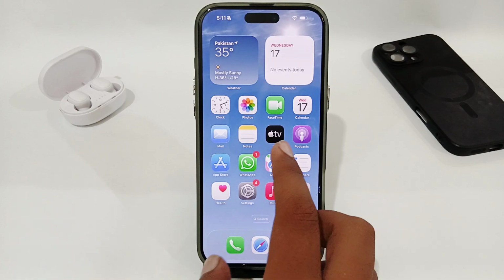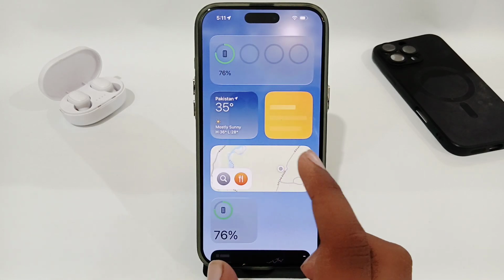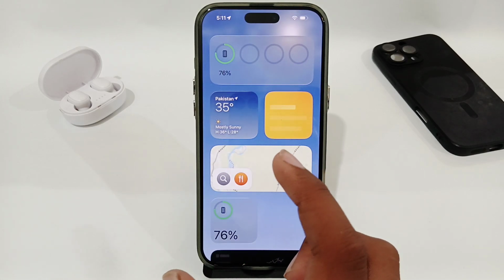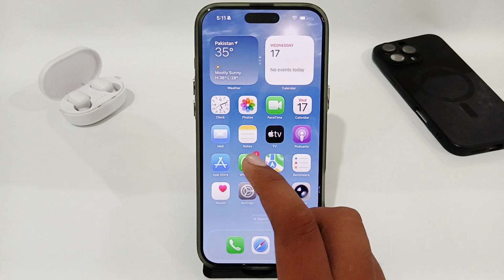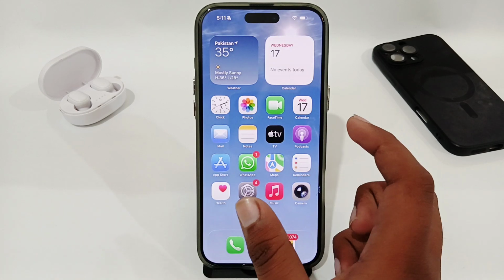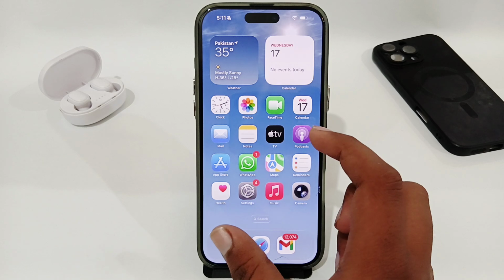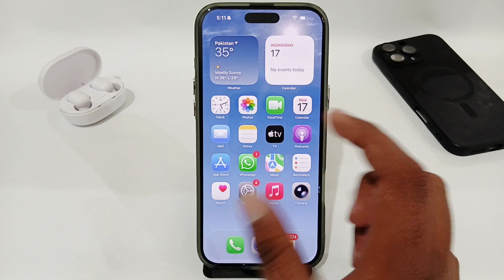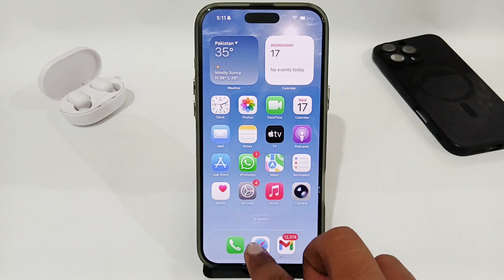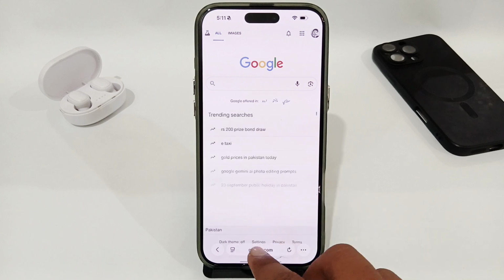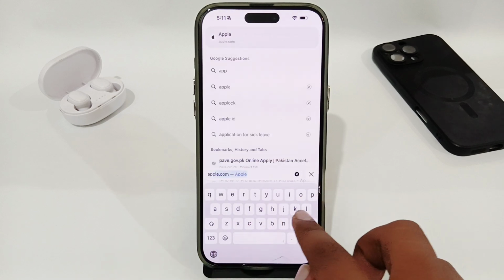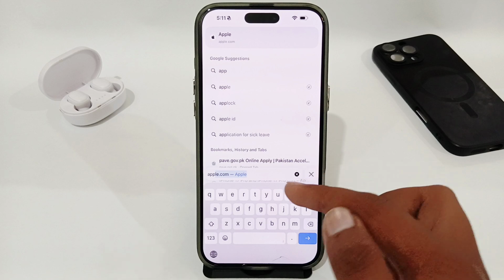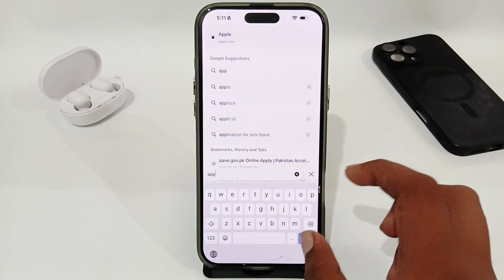Hey guys, today I'm going to tell you how to pre-order iPhone 17, 17 Pro or Pro Max or iPhone Air. So if you're using an iPhone and you want to get iPhone 17 Pro, let's see how you can pre-order that. You have to simply open up your browser. In the browser, just go for search, and here you have to simply search for apple.com. Just go for the apple.com website,